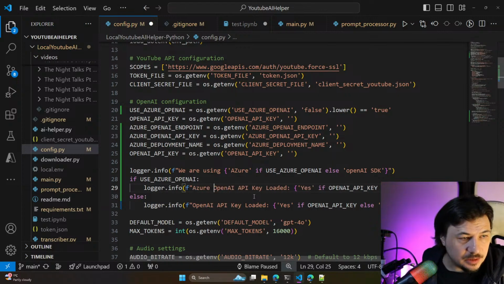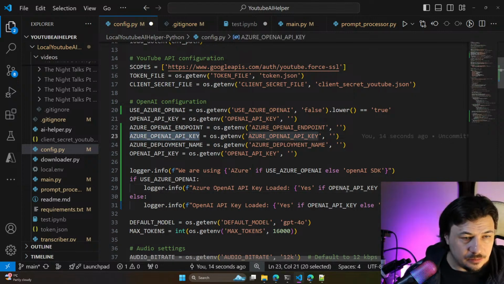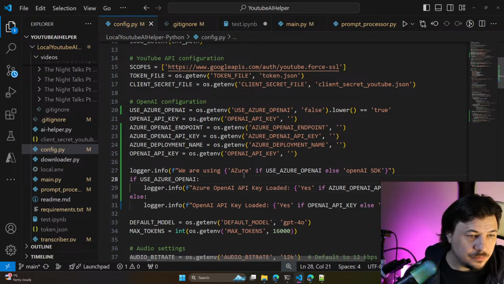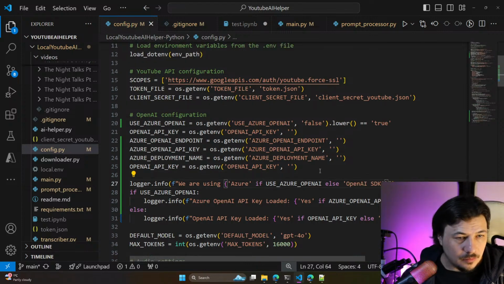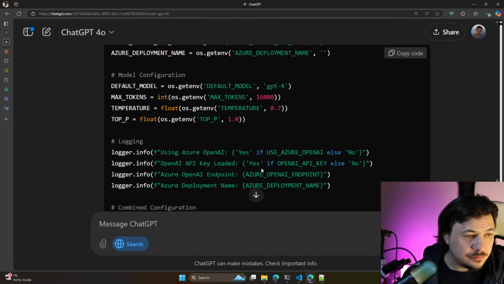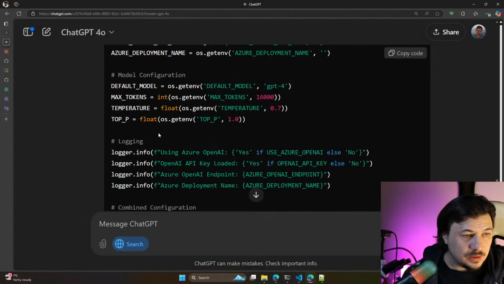Azure OpenAI key loaded. It would be Azure OpenAI key. No. Okay. Default model, max tokens. Okay.